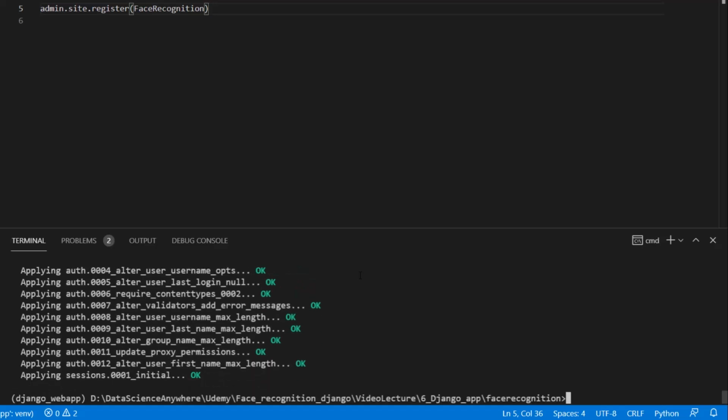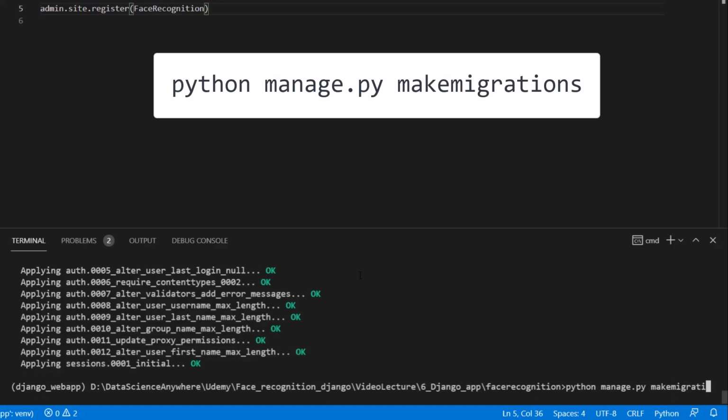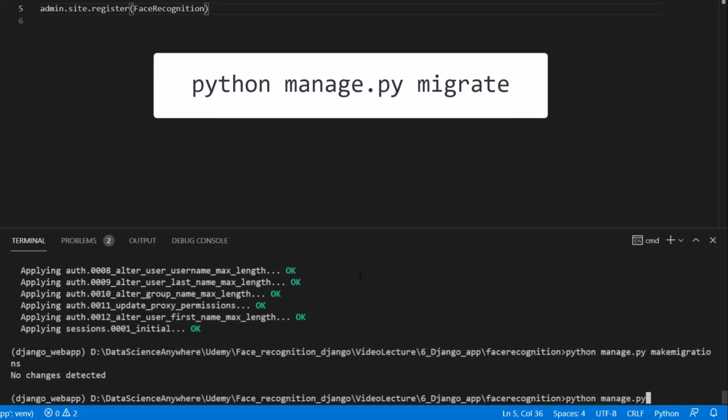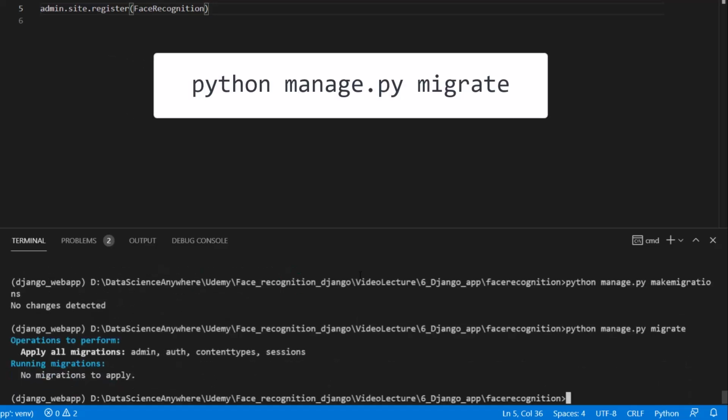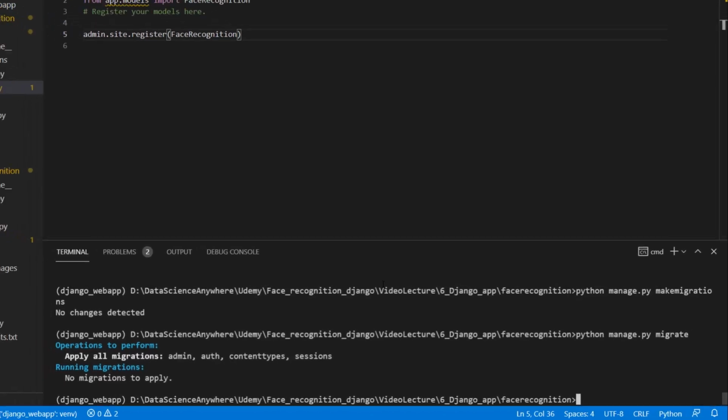Done. I have done the migration process. The next one is that we need to do the makemigrations. For that, python manage.py makemigrations. Execute it. No changes have been detected here, so migrations are successful. And the next step is again, let's do the migrate. Python manage.py migrate. Okay, all the operations are migrated, like admin, authentication, contenttypes and sessions, all have been migrated